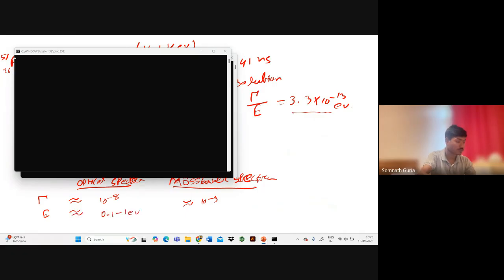Energy is 0.121 electron volt, which is actually 10 to the power 4 order. And gamma by E value, which is the resolution of the spectra, is nearly equal to 10 to the power minus 7 to 10 to the power minus 9 order. And for this we have 10 to the minus 13 order. So this is a less resolved spectra